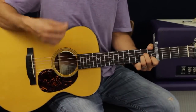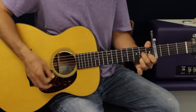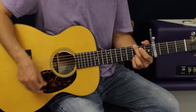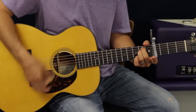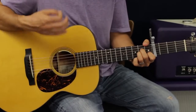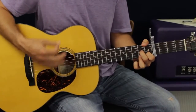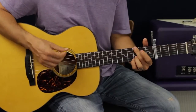4, A minor, 2, 3, 4, D7, 2, 3, 4, back to G, 2, 3, 4, 2, 3, 4, 2, 3, 4. Now this is basically the third time we get to the G, and we're just going to pick